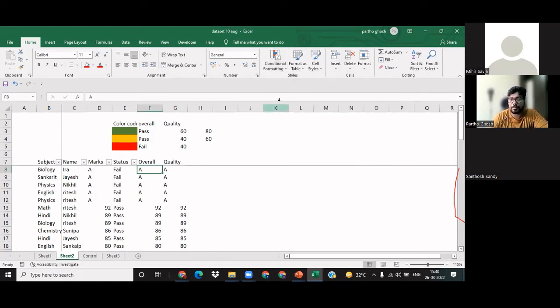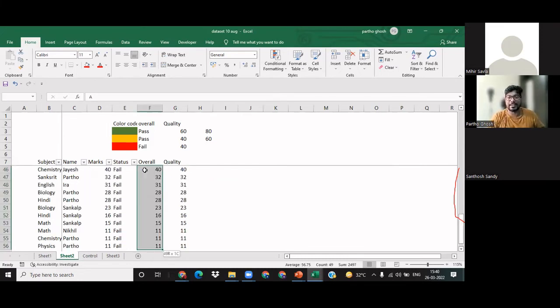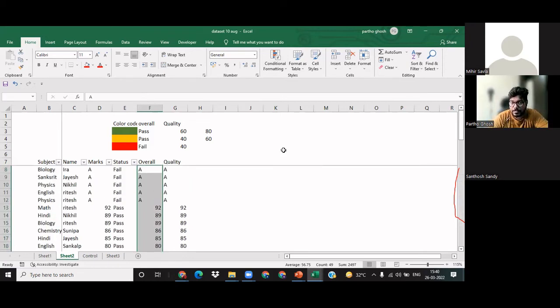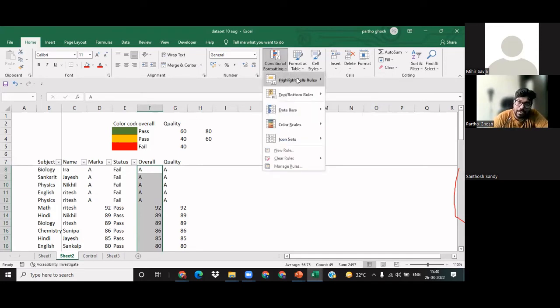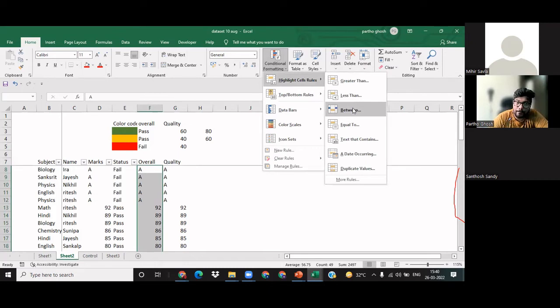As we said, there are multiple ways to add conditional formatting. Let's try a simple way. What I have done is I will simply select this entire column. I've selected this entire column together in one place. How I have done that we cover in another class. Highlight cell rules. If it is